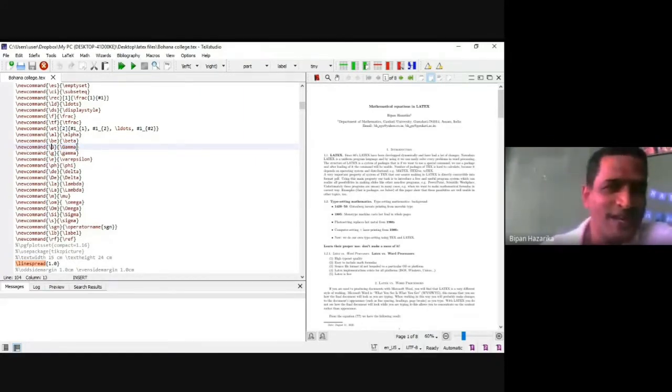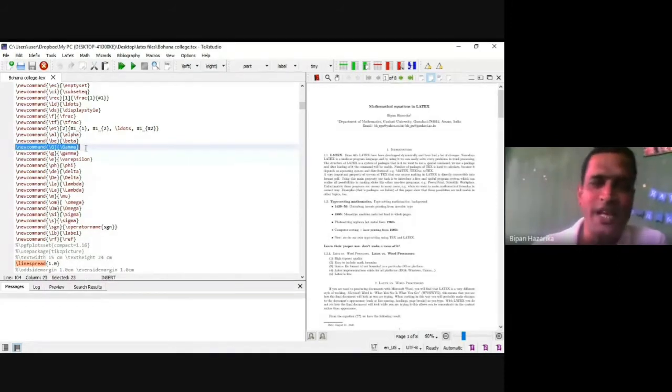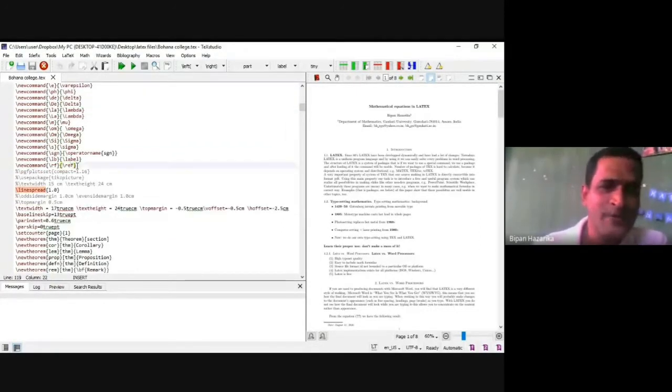So gamma we can write as \Gamma, or just I write \z. That means the command mentioned here is a new command. Already these are in the American Mathematical Society symbols, but when you want to use a shorter form, you just put a new command. This command I put here to get the gamma in capital form, and this command I use to get the gamma in smaller form. Similarly, the other symbols you can also write here. You just put a new command, you denote the symbols, and you can arrange it yourself.